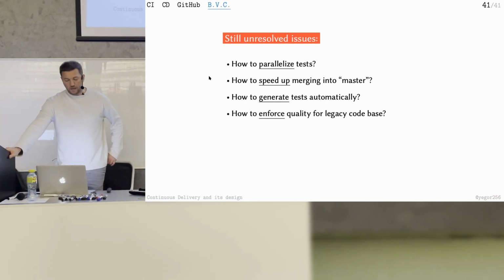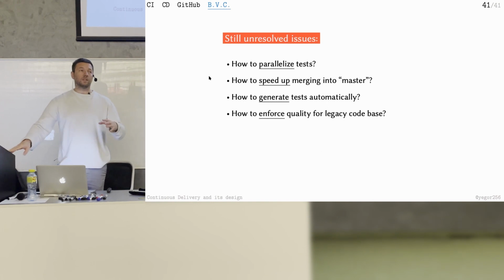Second one is how to speed up merging into master. Like we discussed, we have this pre-flight bot. But the problem with the pre-flight bot is that it can only process your branches sequentially, one by one. So if there's a team of 20 people, and all people make like 2-3 branches every day, then you're going to have like 50 branches every day. And if each branch merging takes half an hour, then it will be impossible to merge all the branches during one day. I've seen these problems in real projects. So how to solve this? How to make it faster? That's in general a big question.